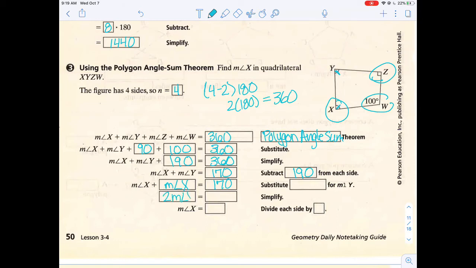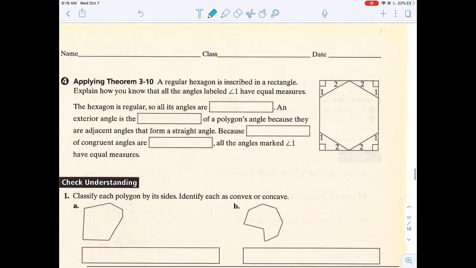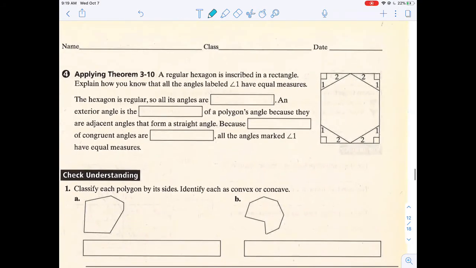This is the same as saying 2 times the measure of angle x equals 170. We substituted the measure of angle x for angle y. So we know it's 2 times the measure of angle x equals 170. If we divide both sides by 2, we know that x has to be 85 degrees. So this polygon angle sum theorem really takes care of a lot of problems for us. All right, we've got one more